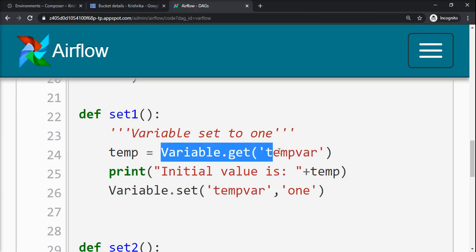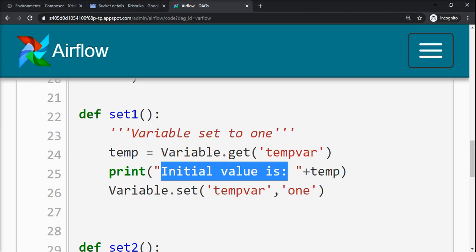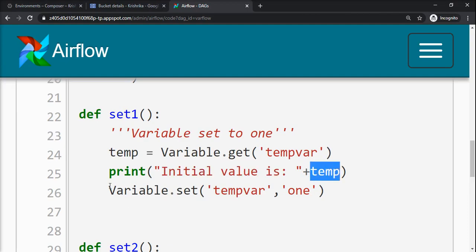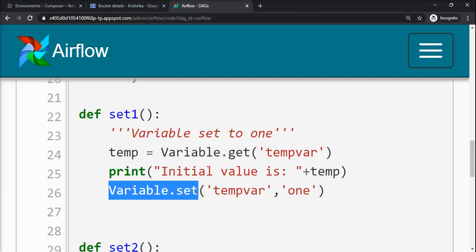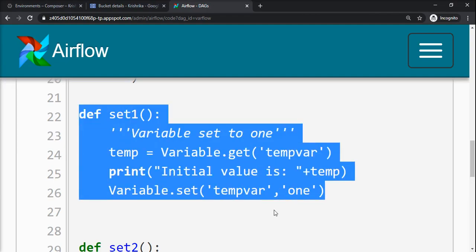So here the value will be 0. So temp will have 0, and then I'm printing the initial value, which will give 0. And now I am setting, that means changing, the value. To change the value, we can use the set method. So Variable.set, the key is temp var and the value now will be 1 instead of 0. So this is what set1 does in task 1.